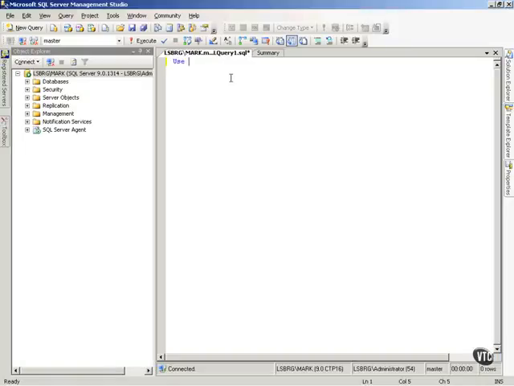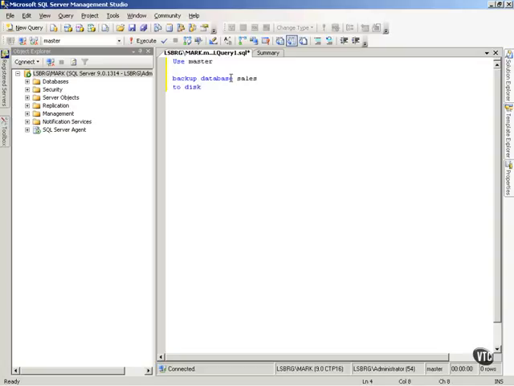First of all, we want to use the master. You always use master when you're doing backups. I guess I'll need to put a go there. Now the first thing, if you remember in the previous video on backups where I did the backup in the graphical user interface, I did the backup both on a dump device or a disk device and not on a disk device. So let me first of all show you, if we do a backup database and I do sales